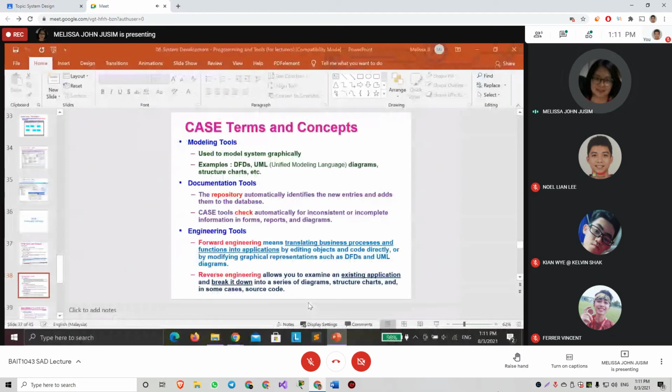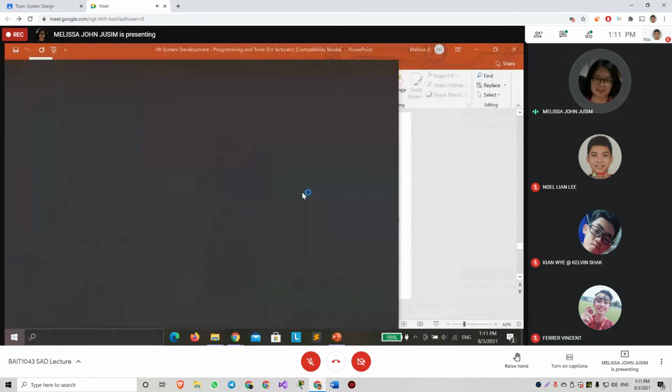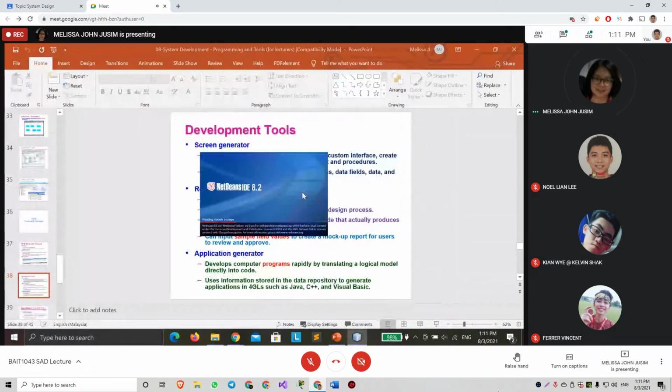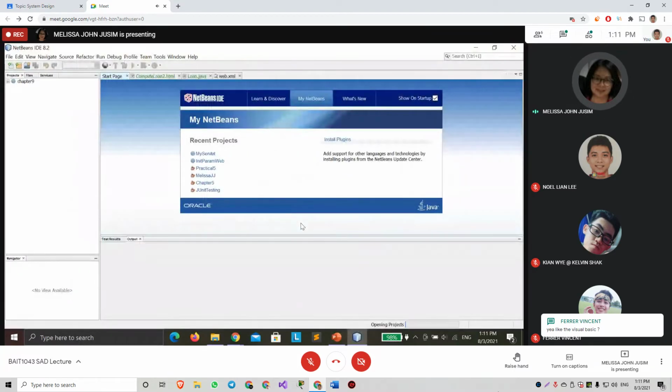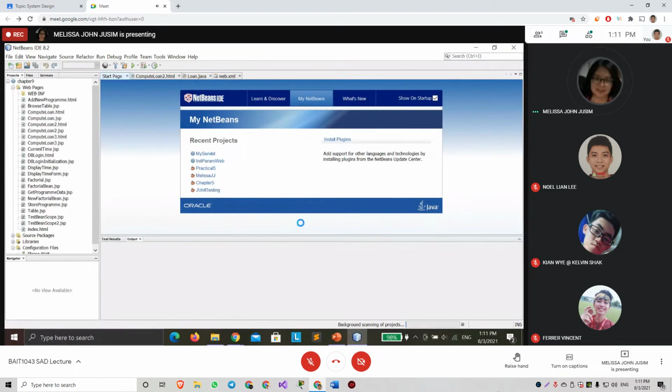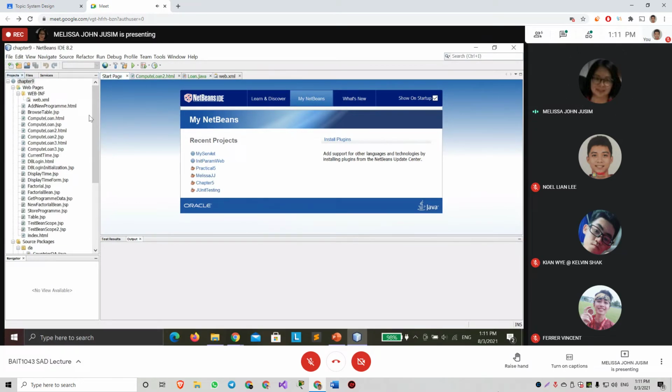Let's see if I still have my NetBeans. This is my NetBeans. It's quite heavy. Previously I was using only 2 gig RAM on my old laptop, and it really takes I don't know how long just to open up the IDE. How to give an example?